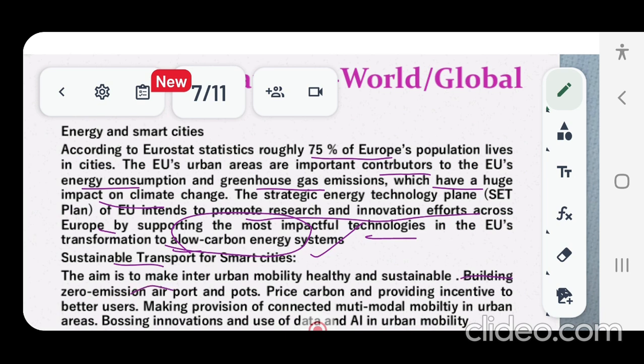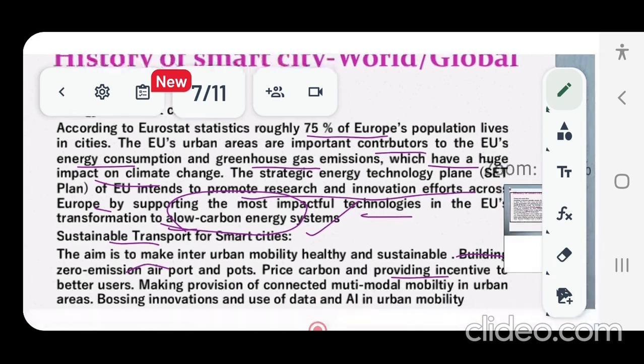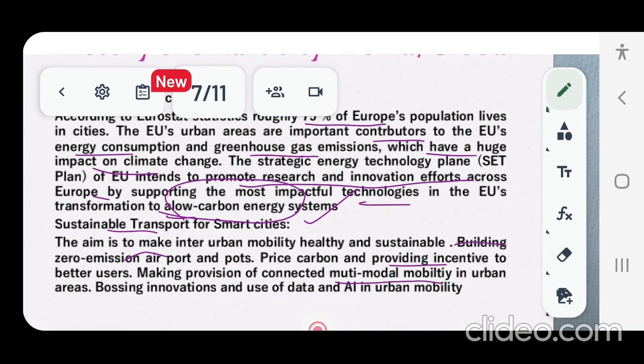They are also deciding to provide incentives to all those citizens who will be using less carbon. And multimodal mobility is also another option for achieving the concept called smart, sustainable urban transport.